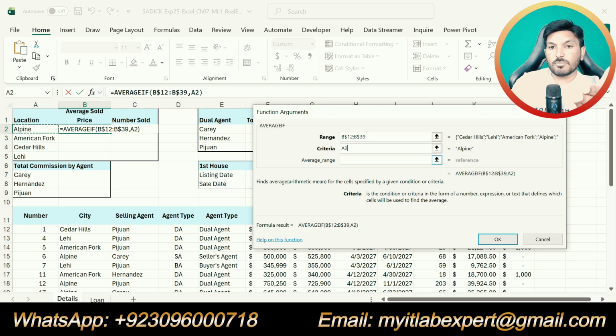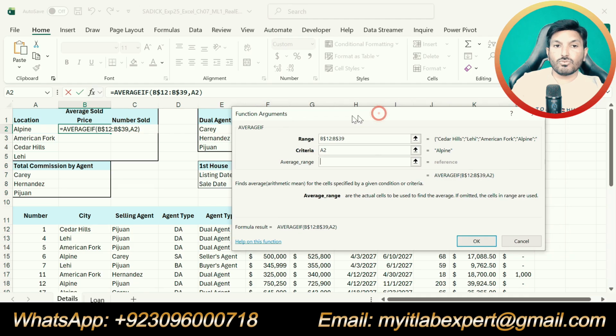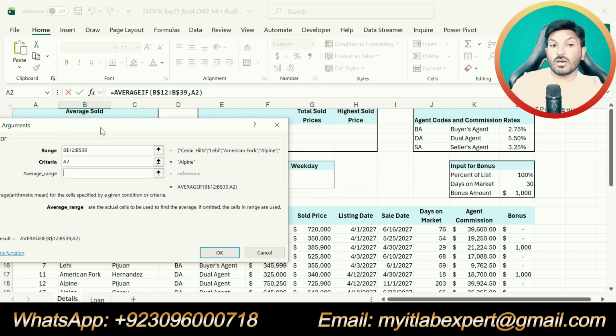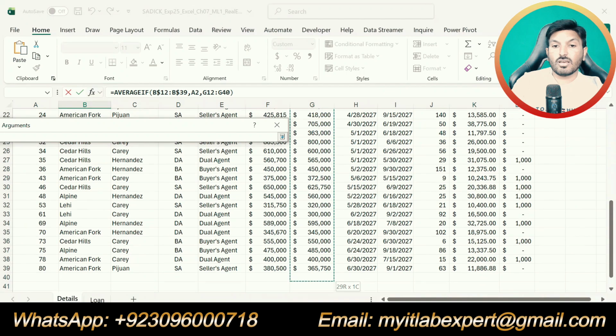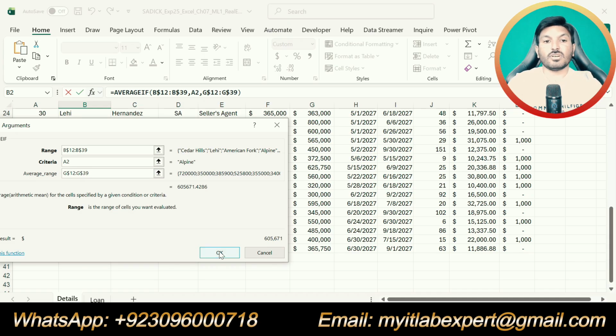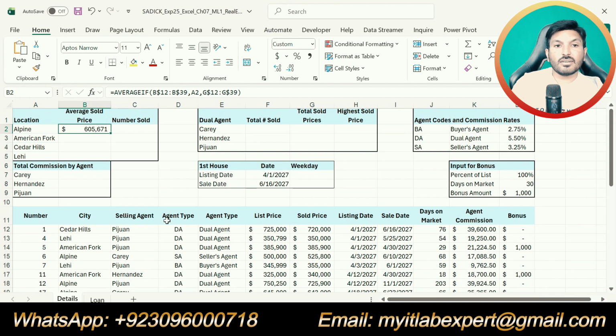So our criteria will be A2. Now for the average range, we are going to calculate the average sold price, so our average range will be the sold price column starting from G12 up to G39, and we will use mixed references for this range as well. Okay, we got this function. So we got the average sold price for Alpine City in cell B2.